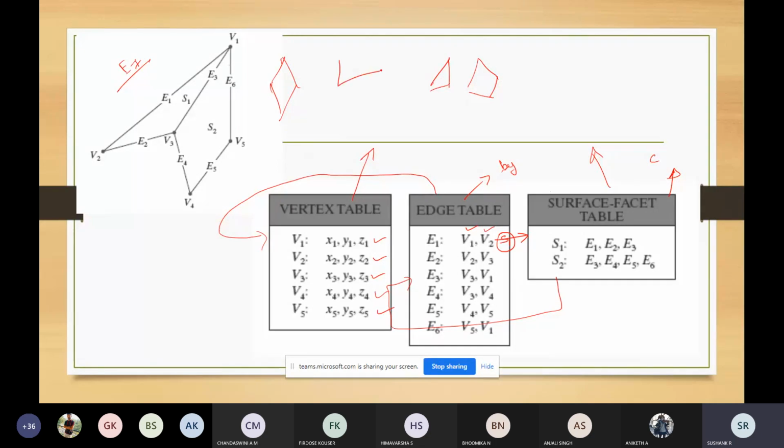You have not drawn something like this, so you don't have a polygon like this. It is a closed polygon. And also the polygon has at least one shared edge. Here E3 is the shared edge. And if the edge table contains a pointer to this polygon, each edge referenced by this polygon pointer has a reciprocal pointer back to the polygon. So this is the fifth point, or the last point.